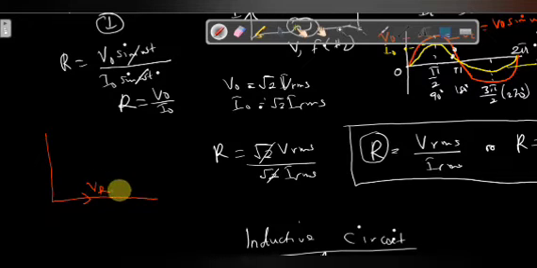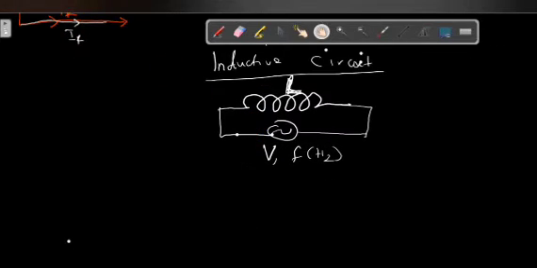So this is going to be V, arrow in this direction, and I'll use this line to represent the current, I, arrow. See, they are in phase. They move along the same line. Okay. So let's go back to our inductive circuit. So for our inductive circuit,